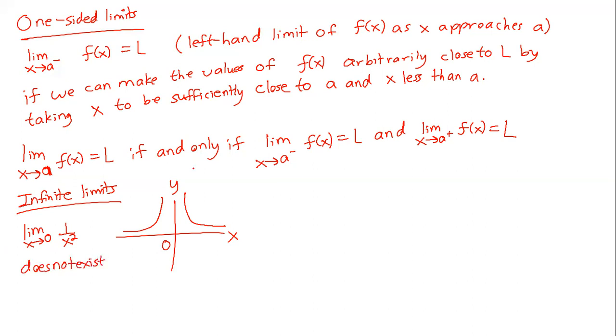But we can try to denote the particular manner in which it does not exist using the following notation. This does not mean that the limit exists. It just means it doesn't exist in the sense that the left and the right hand limits are both increasing without bound as you approach 0. And so what this means is that 1 over x squared can be made as large as we like by taking x close enough to 0. And so just as an example of how we would write this definition,